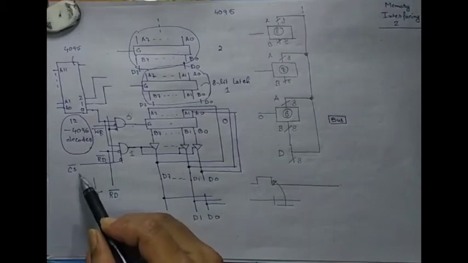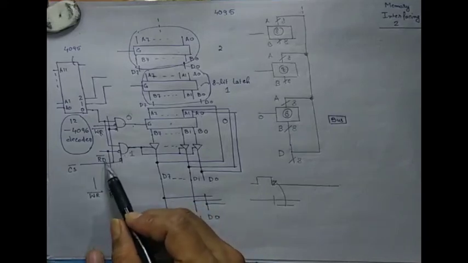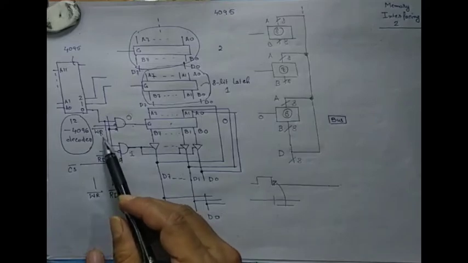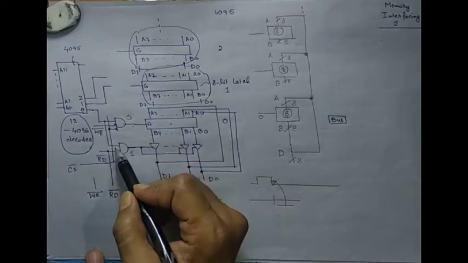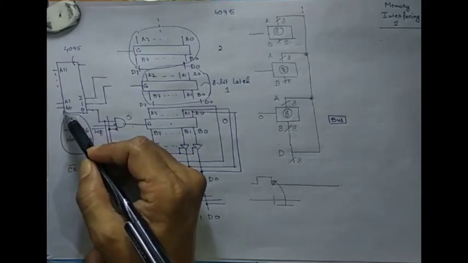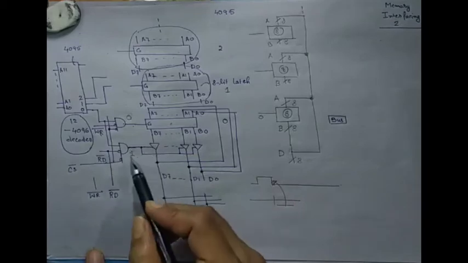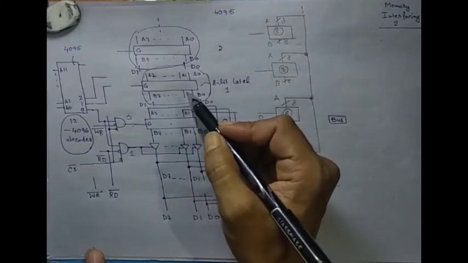So if the chip select signal is at logic 1, then no matter what the state of the read bar signal or write bar signal is, and what the state of a particular output of the decoder is, depending on the address bits present on the address lines A0 to A11, the output of all the AND gates present for each 8-bit latch will always be 0. So if chip select is at logic 1, the output of all the AND gates will be 0.